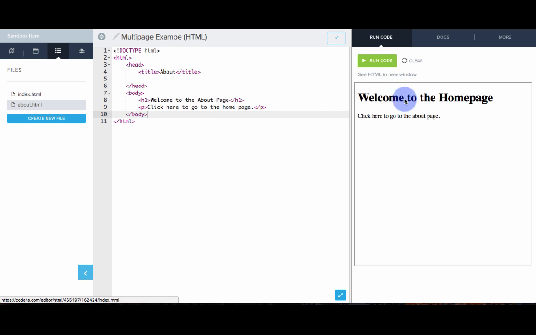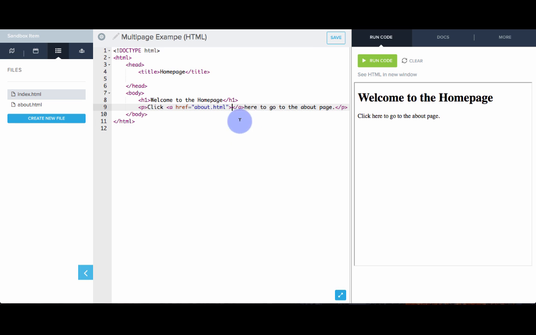Now if we run this, we're stuck on the home page. We can't actually get to the About page. So let's go back to our home page, index.html, and I'm going to add a link to the About page. So it's going to be an A tag whose href is about.html. And I want to say click here. So if we do this, here is now a link, and if I click on it, there we go,